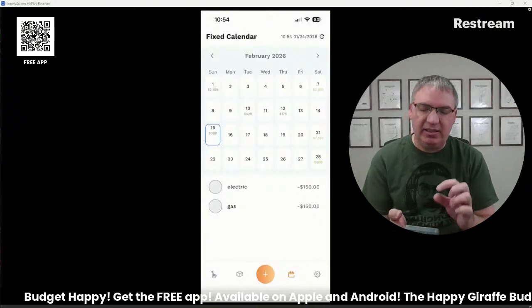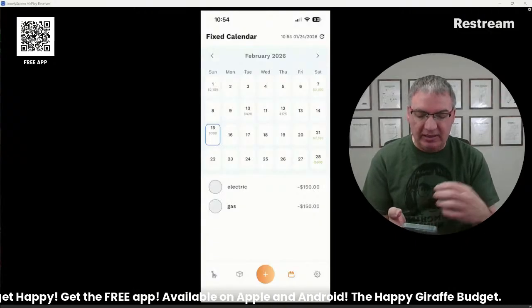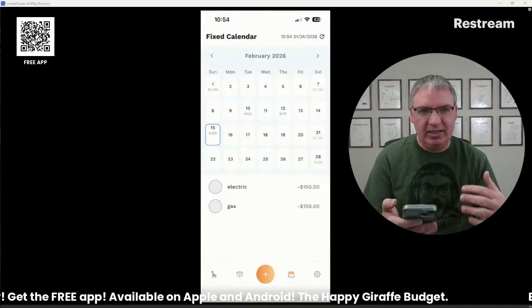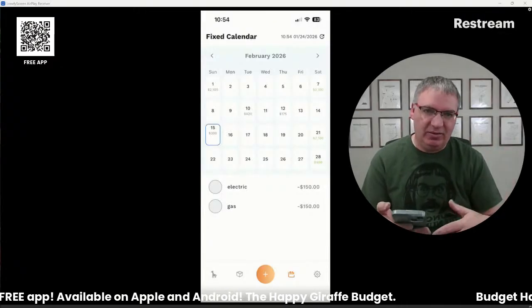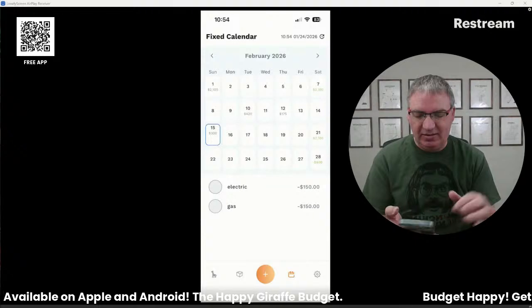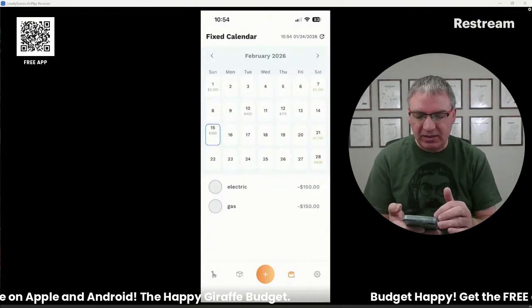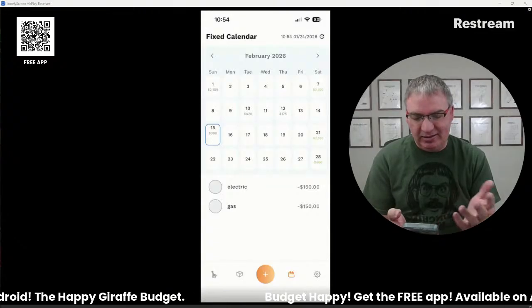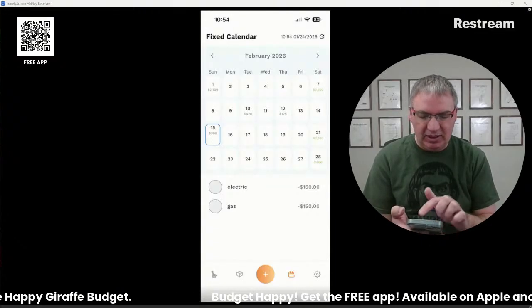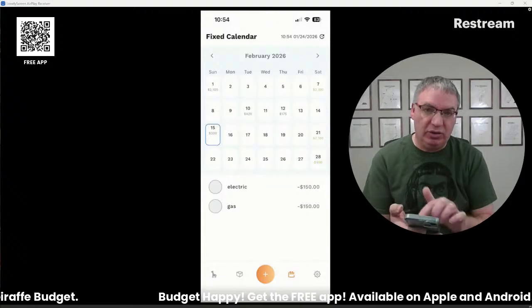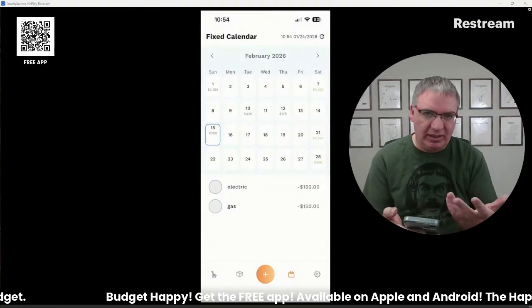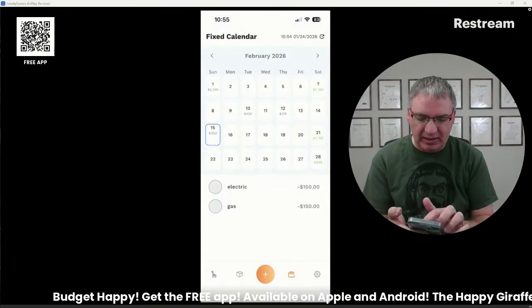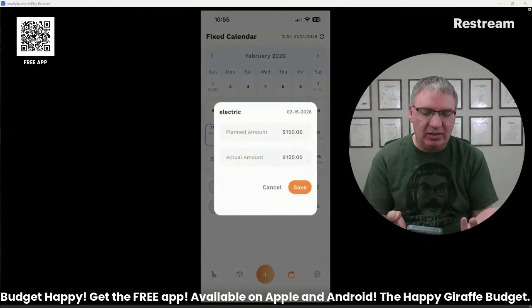And like I said, for me at least, gas and electric kind of balance each other out. One goes high, the other one usually goes low, different times of the year. So overall, it's about $300 for this family. And so individually, you can't just do like utilities, because I've got two bills to put in there, and I can't put two different bills in there. Like when I do electric, I've got an actual amount.